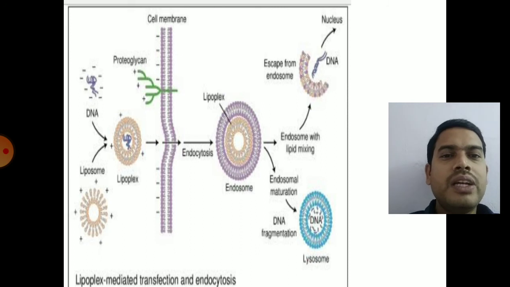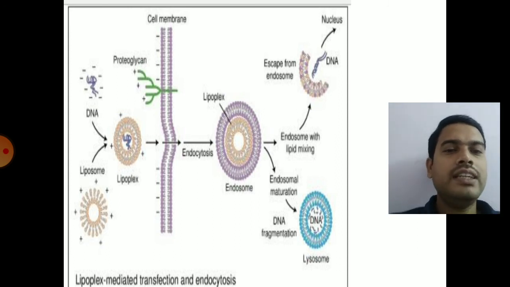So this is the principle: DNA and liposome. This is a Lipoflex, a reagent which contains liposomes. It is mixed with your foreign DNA to be transferred into the cell. Then the Lipoflex will take your DNA and it will enter into the cells. And a Lipoflex, you can clearly see, contains two coats, a top coat and an interior coat. The top coat will mix with the lysosomes and it will be degraded.